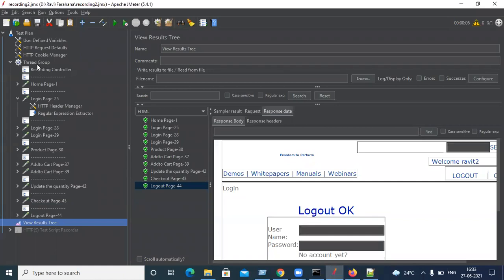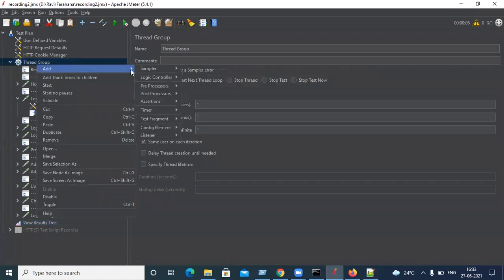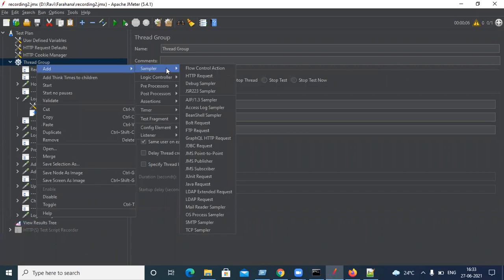Let's see how we do it. Go to the thread group, right click, add, sampler. In JMeter, anything is right click, add. It's not drag and drop or pop-up. See, this is the sampler, where all the protocols JMeter supports are. JDBC is for database, JMS, Java, LDAP, mail, OS, BeanShell, FTP for file transfer, GraphQL, all things it supports. SOAP and WebSockets will come if I add plugins.